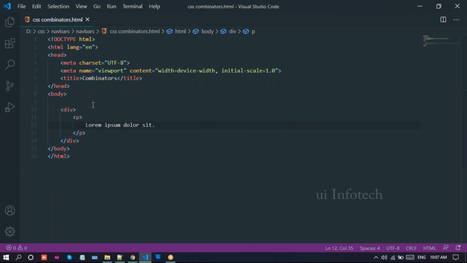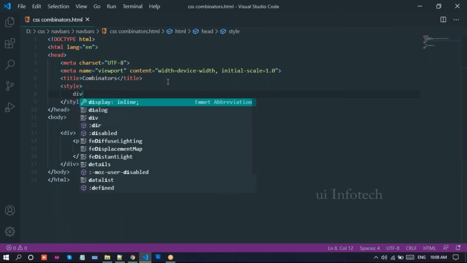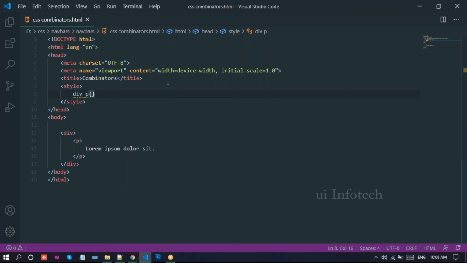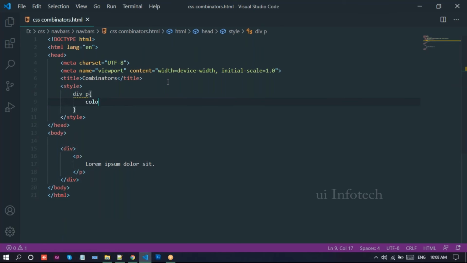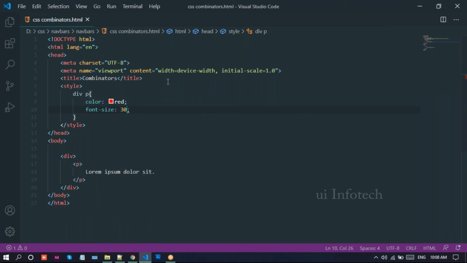That is the descendant selector. For the selectors I'll just take a div and a paragraph, with some text, and apply some CSS. In order to select this p, we directly write the parent, div space p, and write color red and font size 30 pixels.